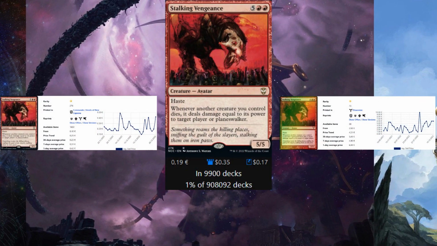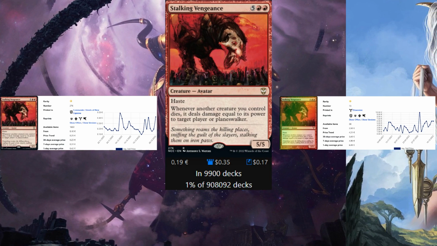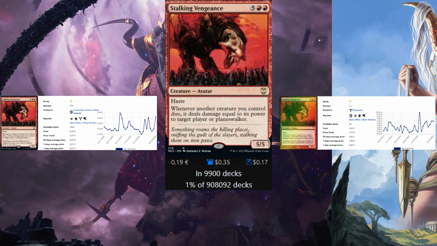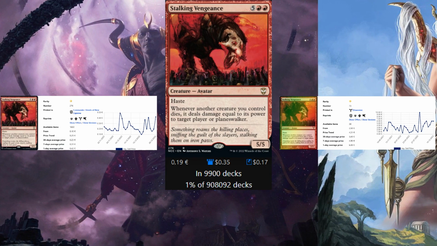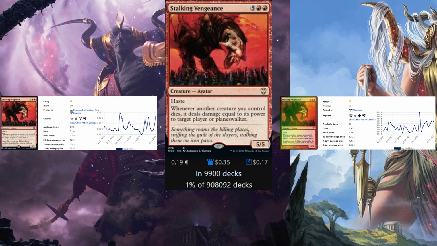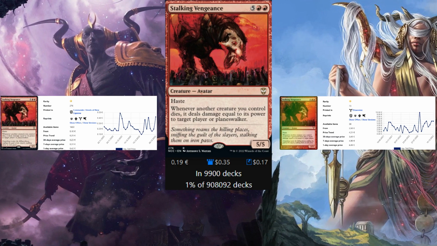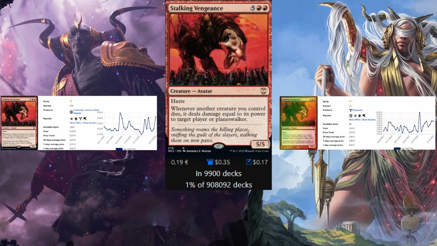Next up we have Stalking Vengeance, a really nasty bomb. And I think this guy had his glory days before I started playing because he has at least 10,000 decks in his name. I mentioned, I think in the last video, overcommitting to a board you're winning is seldom a good option, but reverse that and commit all you want, because now it's time to commit to the board,